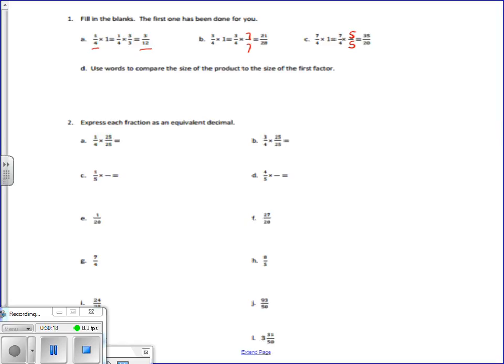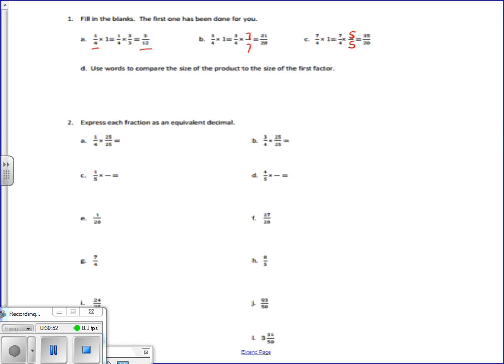On any of the examples that we did, how would your answers compare to the very first number? Because 4 times 3 is 12, and 12 times 1 is 12,